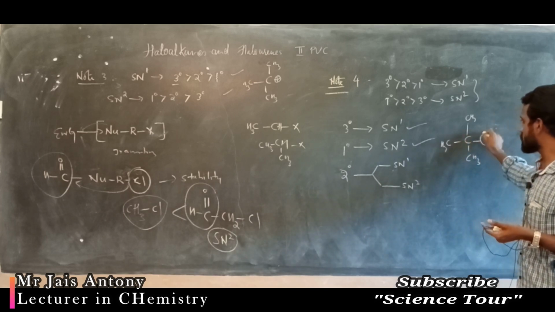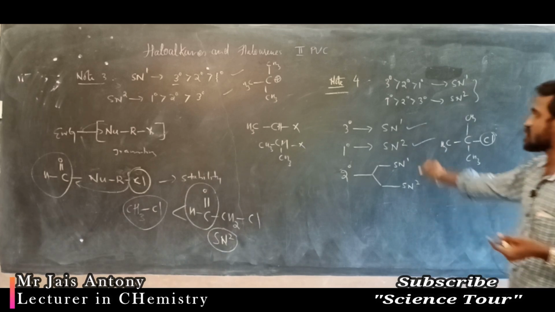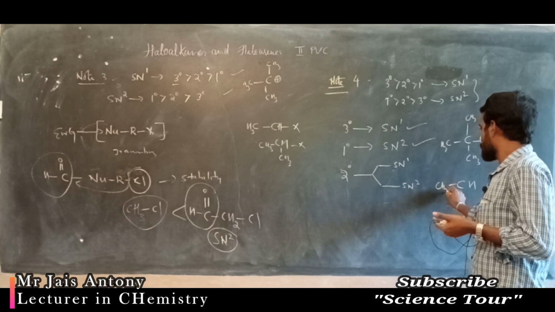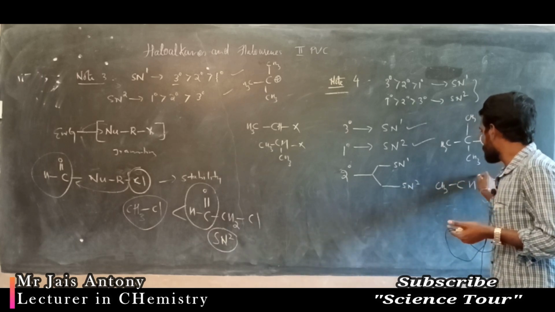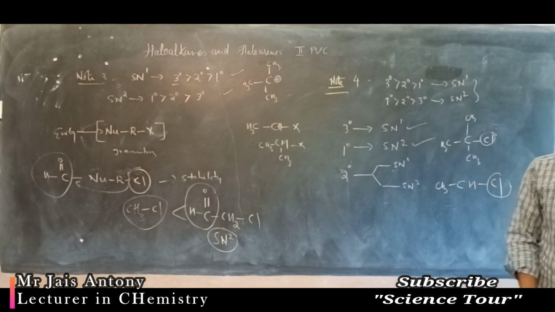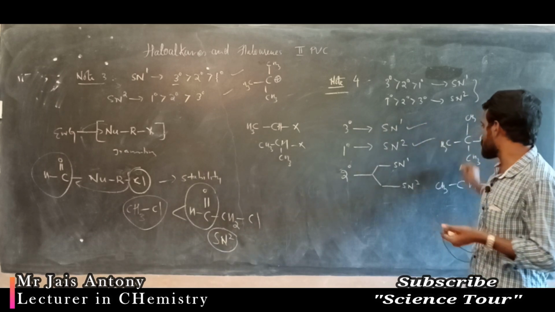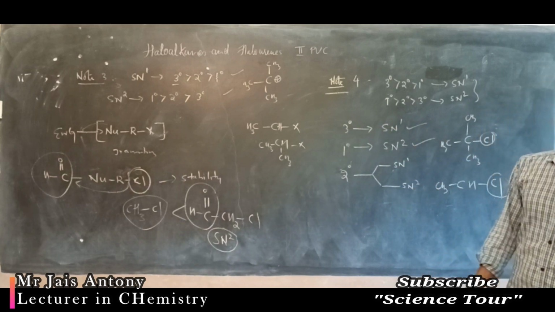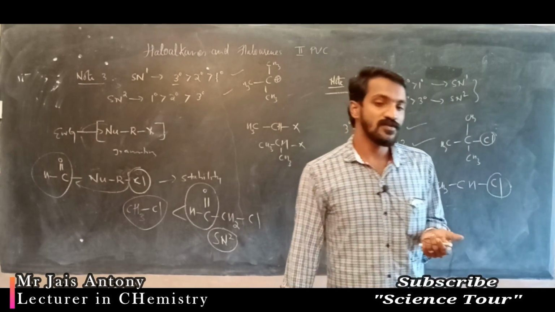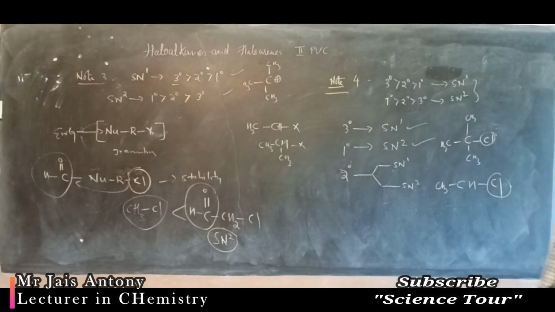If the leaving group is attached to this carbon, this is a tertiary carbon, then which reaction is it? SN1 reaction. If the leaving group is attached to a primary carbon, then which reaction does it favor? Then it favors SN2 reaction. SN1 reaction if it is a tertiary carbon. If it is a secondary carbon, there is a chance of SN1 and SN2 reaction, and you have to find out whether it is SN1. One more trick is there.